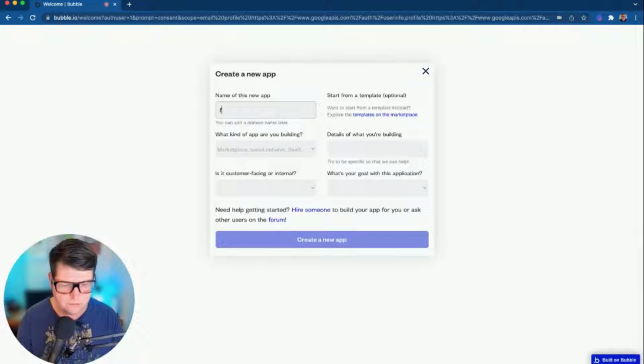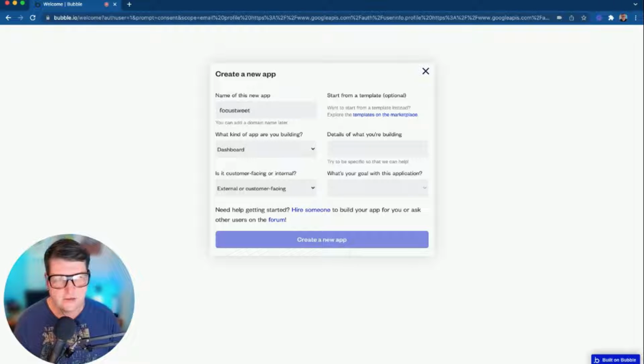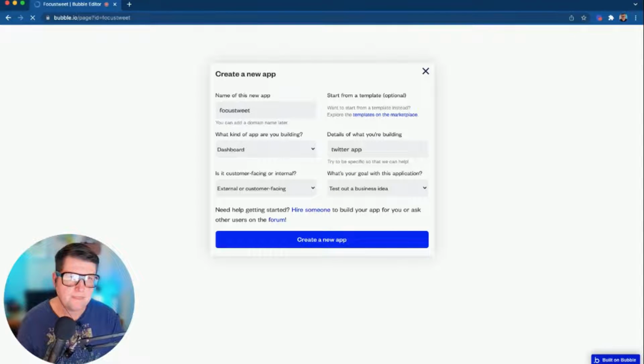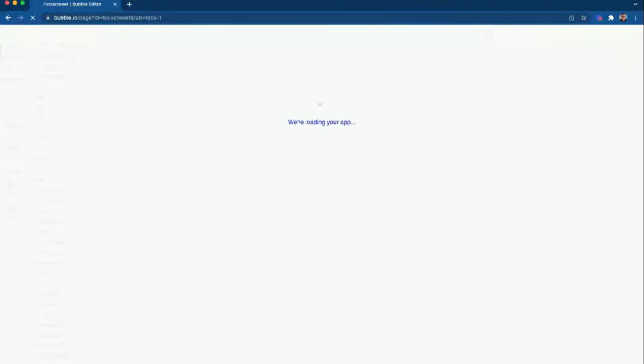and then it's going to ask what our app is going to be called. So I'm going to call it Mind Focus Tweet. You can call yours something else. I'm going to say it's a dashboard. I'm going to say it's external facing. It doesn't really matter because this is mostly for Bubble's benefit. What am I building? I'm building a Twitter app. And what's your goal? Again, doesn't really matter, but I'm going to say test out a business idea. So create the new app like that,